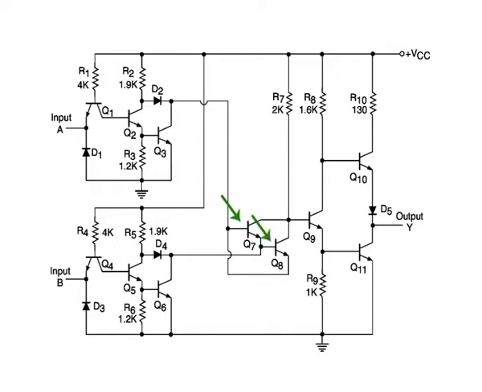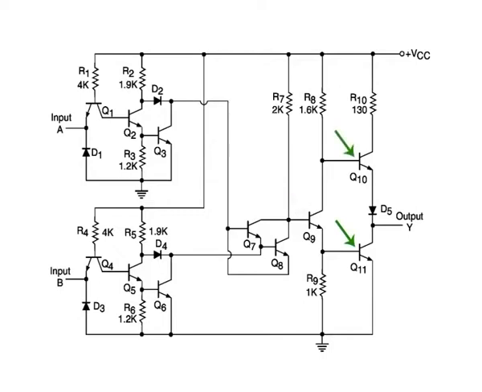We will see that when both the inputs are either high or low, both Q7 and Q8 remain in cutoff. In the case of inputs being in the logic high state, the base and emitter terminals of both these transistors remain near the ground potential. In the case of inputs being in the low state, the base and emitter terminals of both these transistors remain near VCC. The result is conducting Q9 and Q11 and non-conducting Q10, which leads to a low